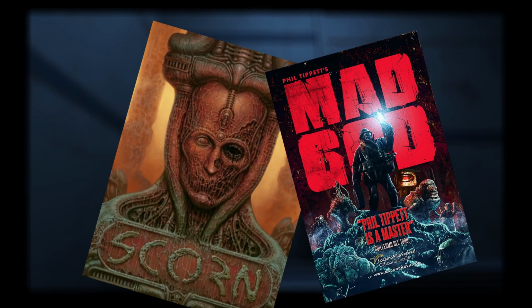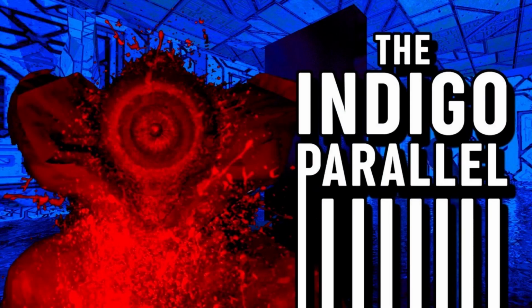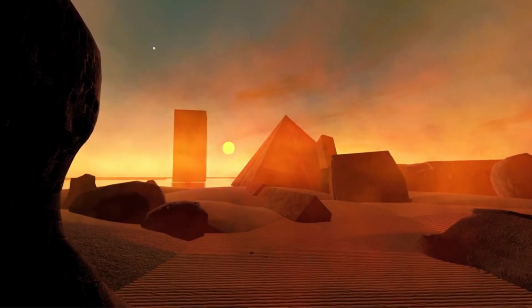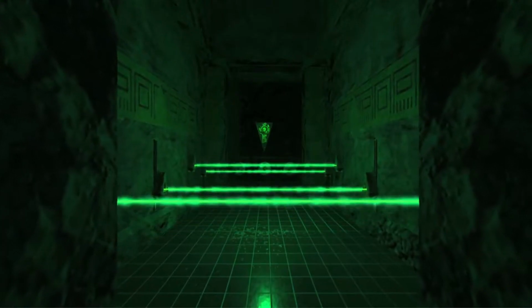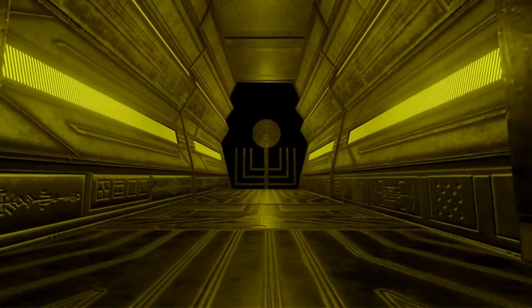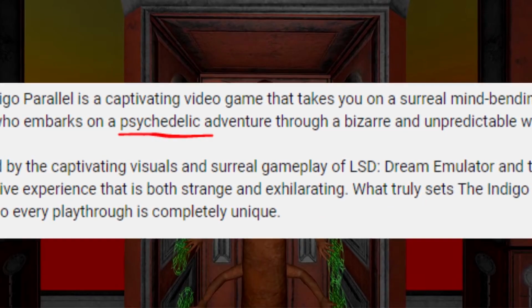So by now I'm sure you're all acquainted with my fascination of schizophrenic meltdowns in the form of movies or video games. And so today we'll be taking a look at the Indigo Parallel, which was brought to my attention by one of my commenters. The Indigo Parallel, right off the bat, from the first glance, can very easily be described as psychedelic. And I know people get uppity when I use words like that, but